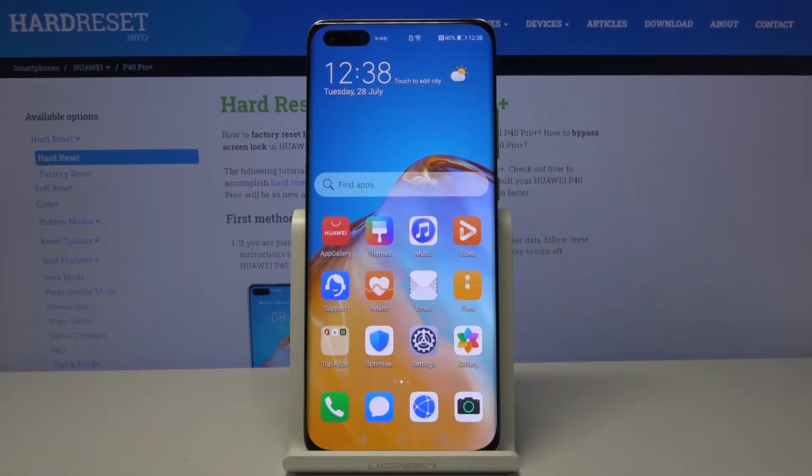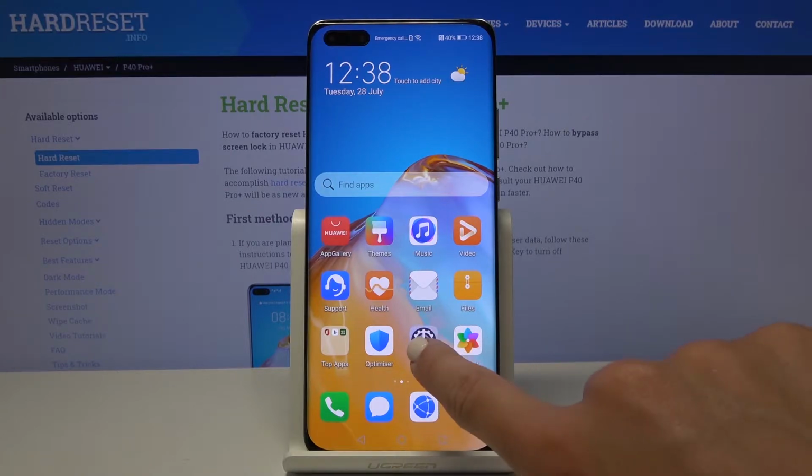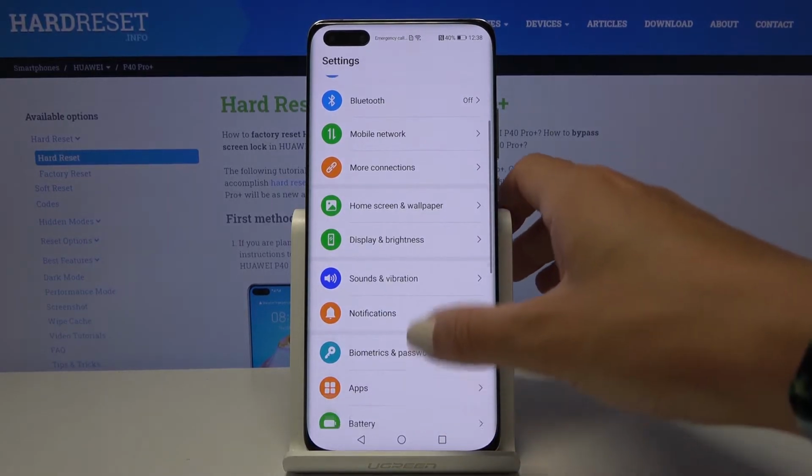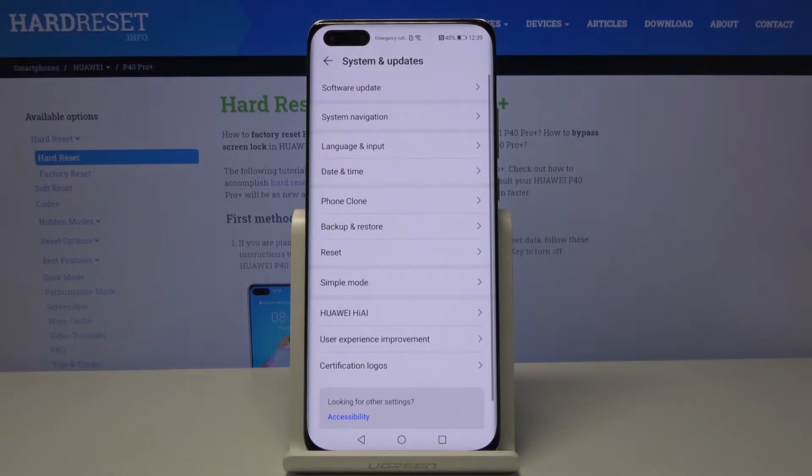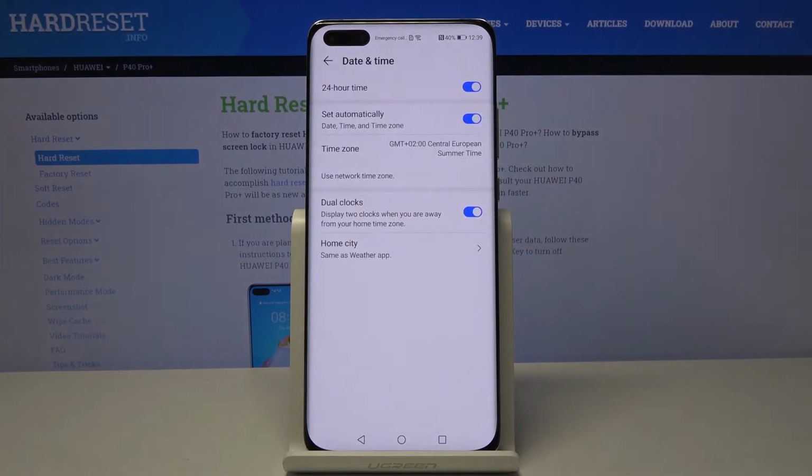And in front of me is HUAWEI P40 Pro Plus, and let me show you how to change the date and time on the following device. So at first you have to open the settings, then find and select System and Updates, and here you will notice date and time. Smoothly click on this tab,